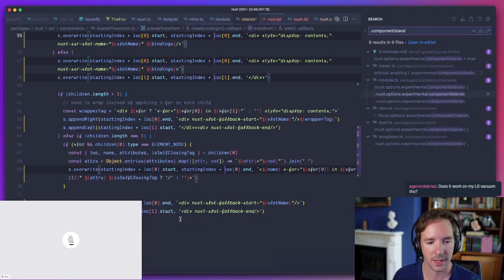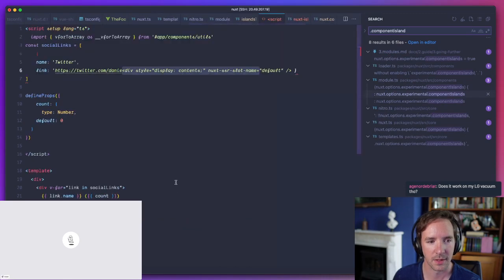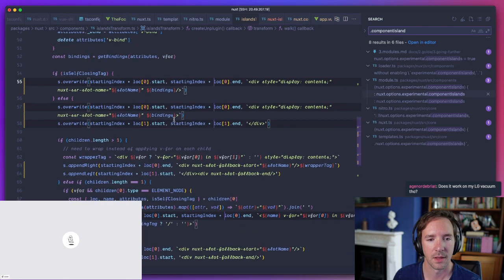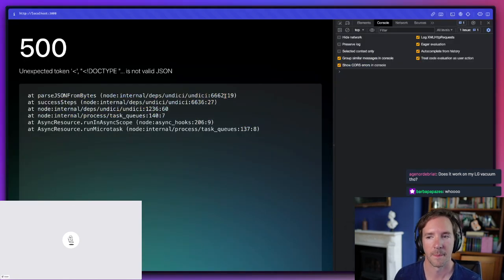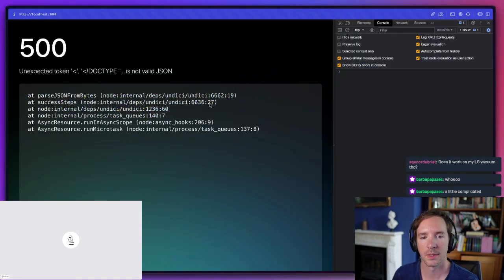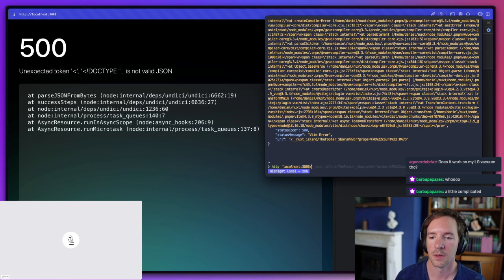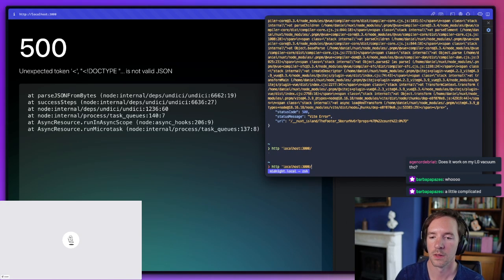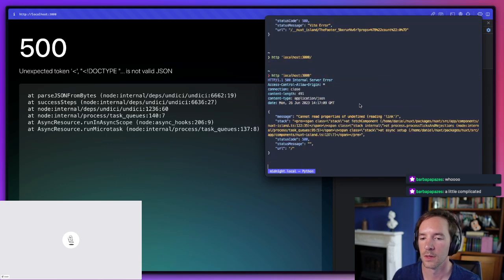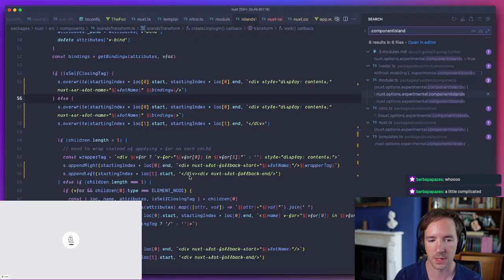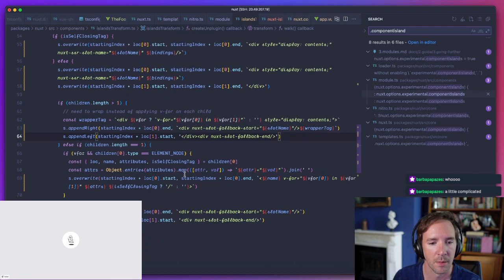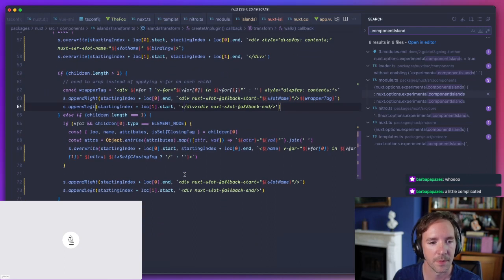Struggling to parse the rendered. I'm guessing this is not going to load any more than it did before. Yeah, so it's still having an issue, but a different one, thankfully.